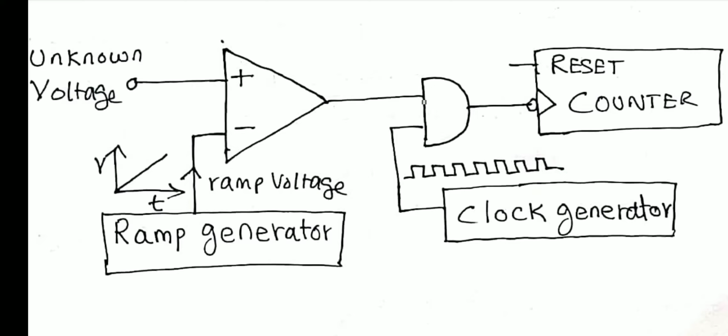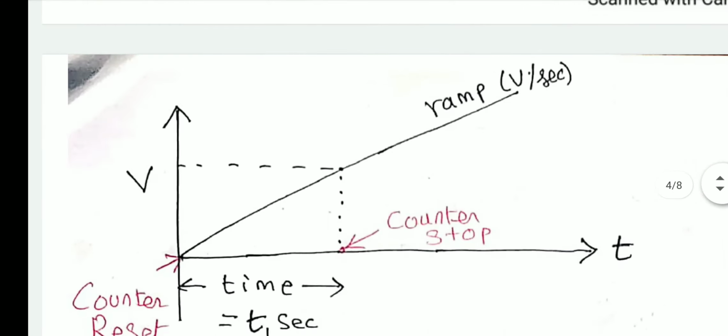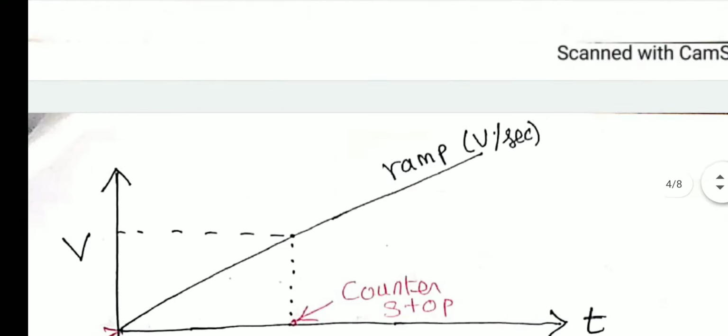So while the AND gate is open, pulses come out of the gate and are counted. Now the situation at t equal to 0: ramp voltage is 0, unknown voltage is some positive value, comparator output is high, and pulses pass through the AND gate and the counter starts counting. Now as time increases, the ramp voltage also keeps increasing with respect to time, right? And the counter keeps on counting,